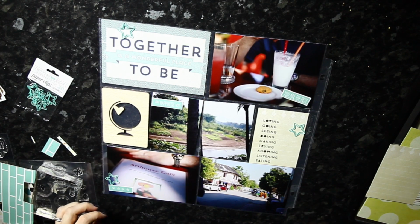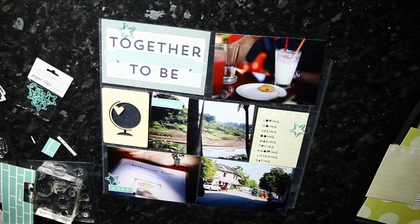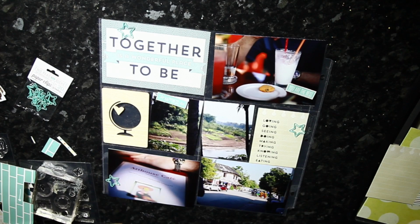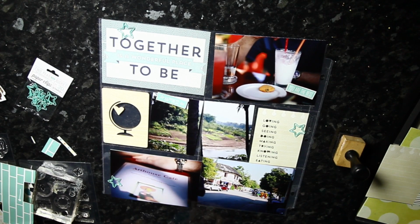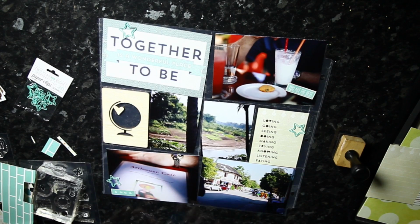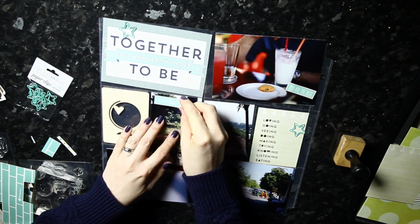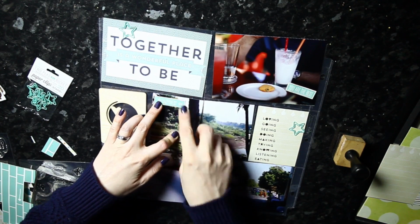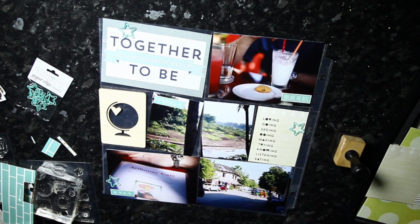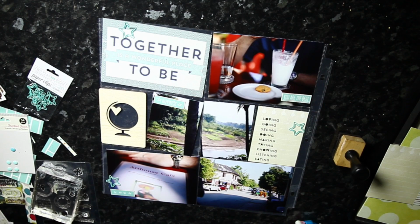That one in the middle is a 4x6 cut in half so that it can fit in a 3x4 pocket. Then there's a 4x6 card at the top left. The journaling card at the top, in the middle right, is actually a 4x6 card, but I've just cut half of it off. You can see it over there on the right, and put it in the pocket in the middle. So those are the main page elements, and then I start to figure out where I'm going to embellish